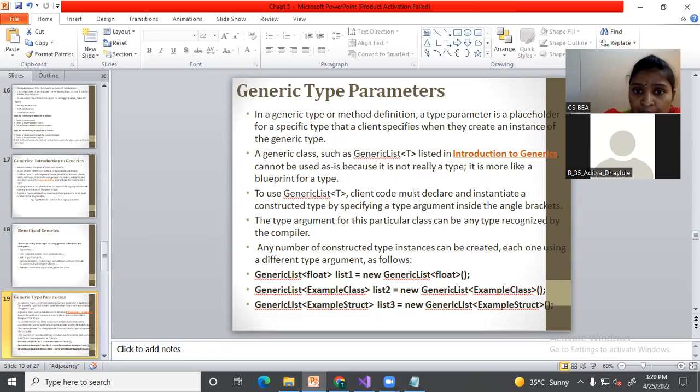If I am going to use the generic type parameter, then what type of condition applies? I have given an example here. You can see that the generic is conditioned with some constructed type instances which can be created and used with different types, as follows. I have created some more objects, for float for example, and also for the example struct, and I provided the list with the type parameter. So whenever the generic is used with some parameters,